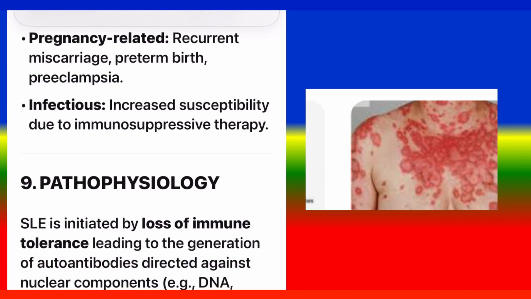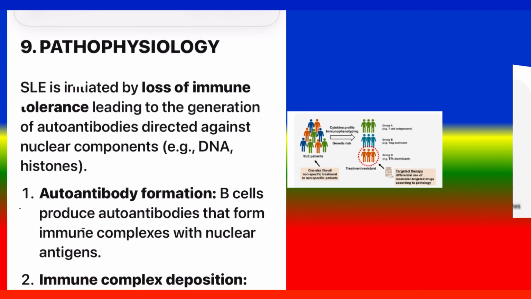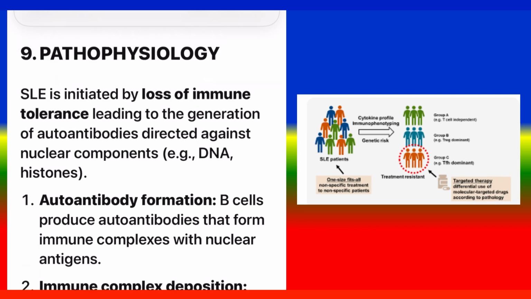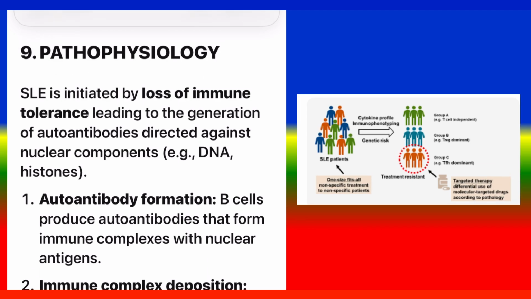Pregnancy-related: recurrent miscarriage, preterm birth, preeclampsia. Infectious: increased susceptibility due to immunosuppressive therapy. 9. Pathophysiology. SLE is initiated by loss of immune tolerance leading to the generation of autoantibodies directed against nuclear components,